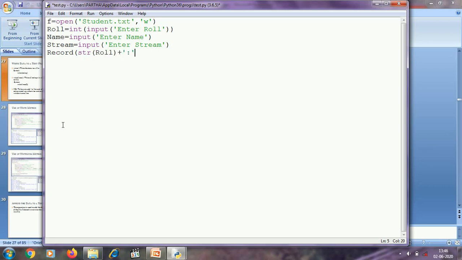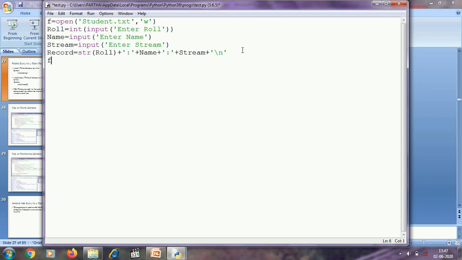To separate the entries, I am using a colon, and as I told you earlier, I have to add \n for a new line ourselves. After concatenating roll colon name colon stream and \n, I am assigning this concatenated string to the variable record, and